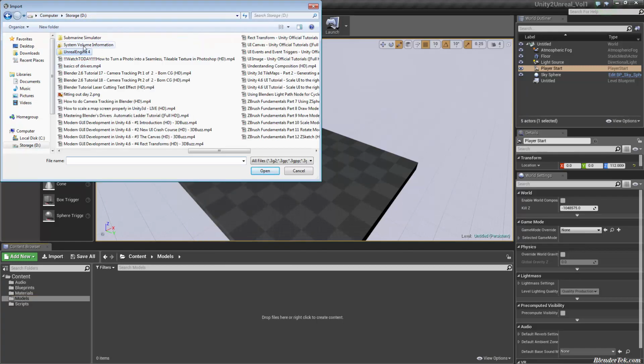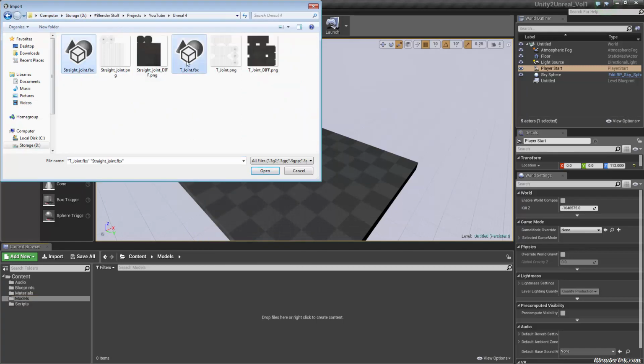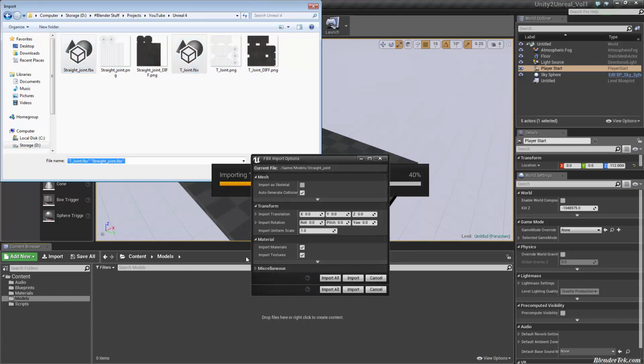I'm going to select the same models. I can import them both at once. There's a plus for Unreal right there. I don't have to do them one at a time. Of course, you can drag and drop multiple files in both of them, but I'm going to import both of those, and it's